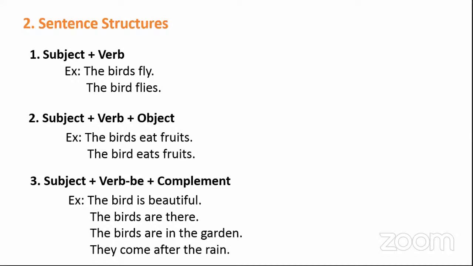But the verb fly, after the verb fly, we can't use an object. So we call these verbs intransitive verbs. So you can just have an idea. I am reminding you what you have learned. And the third one is subject, verb be, and the complement. Now verb be